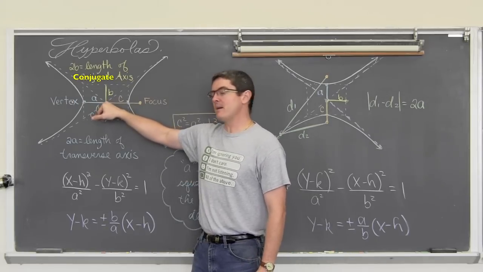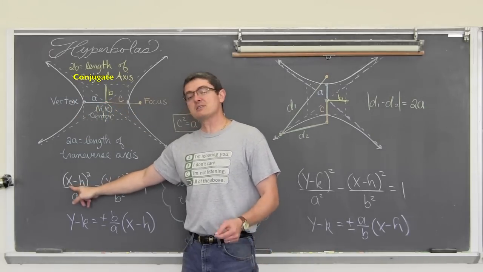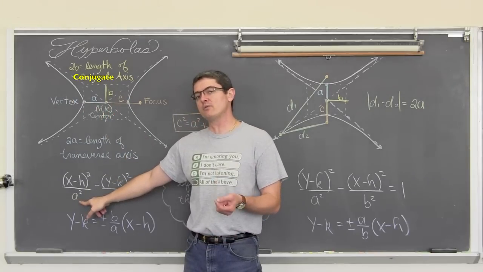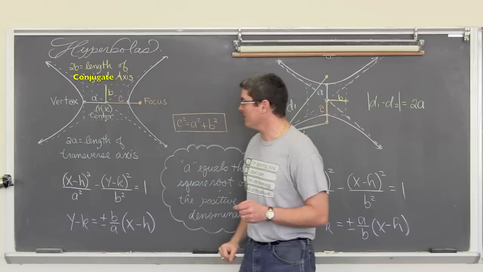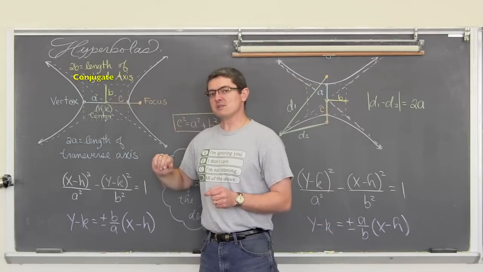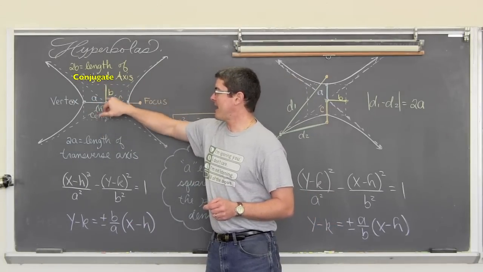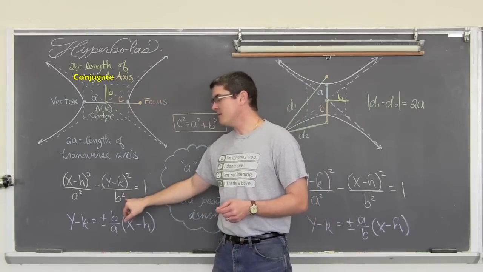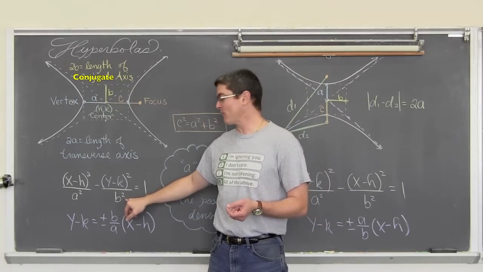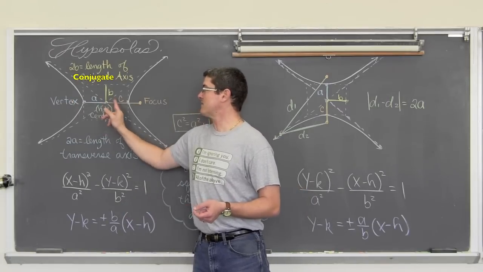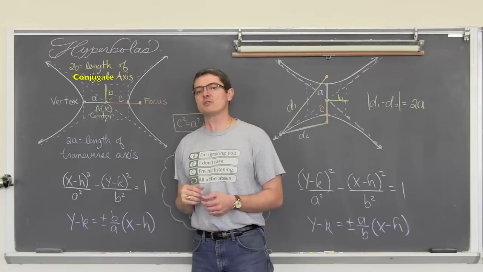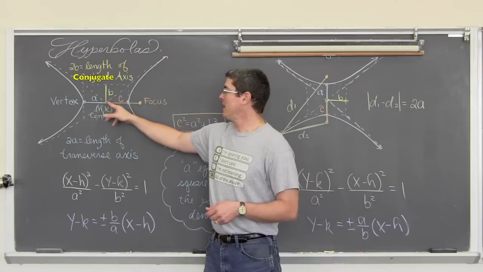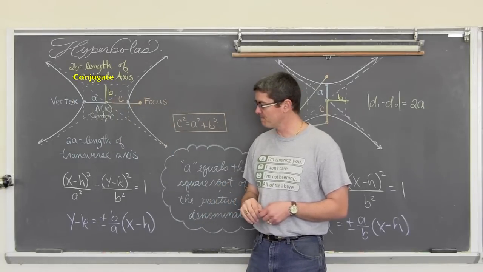From the center of the hyperbola, since my x is in the positive fraction, we're going to go left and right a distance of a. We're going to square root that positive denominator, and we're going to find the vertices. We're going to move perpendicular to that, up and down a distance of b, and that comes from square rooting the denominator in the negative fraction, and we're going to move left and right a distance of c. So a still goes from center to vertex, b still goes from the center in this perpendicular direction, and c will go to the focus points.